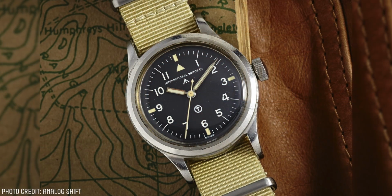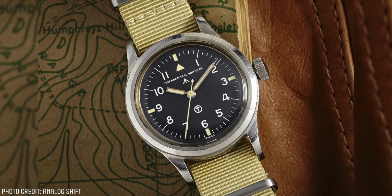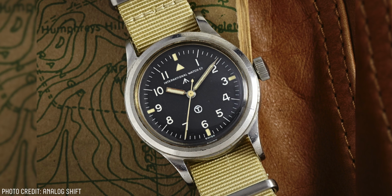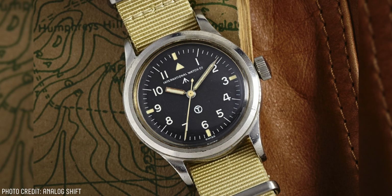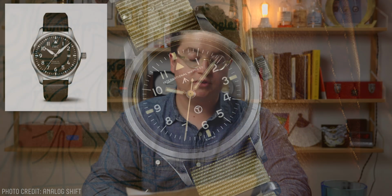So the Mark line dates back actually to the Mark 10, but is usually given a nod to the Mark 11, which was the first real Pilot's version of this because it had a soft iron inner cage in there to protect it from magnetism. And this was a watch that was created for the British Royal Air Force. And it was, and really still is, a truly iconic military watch, as well as just a really